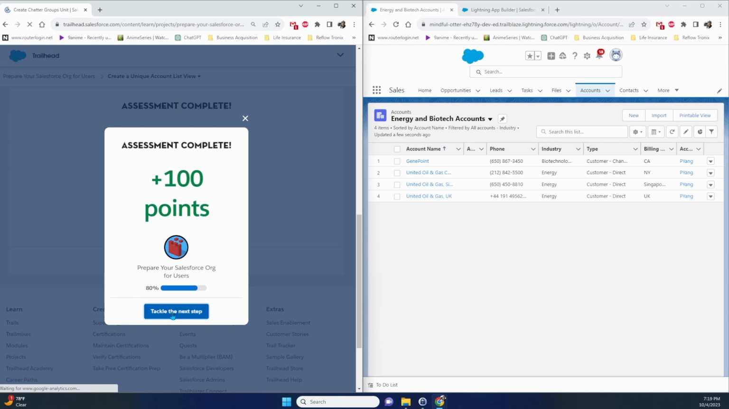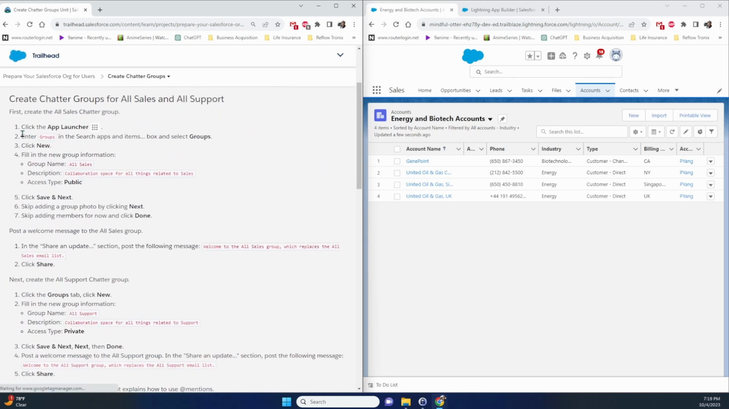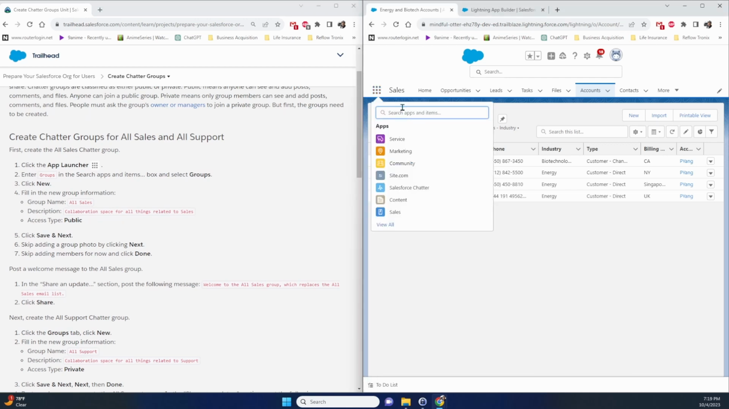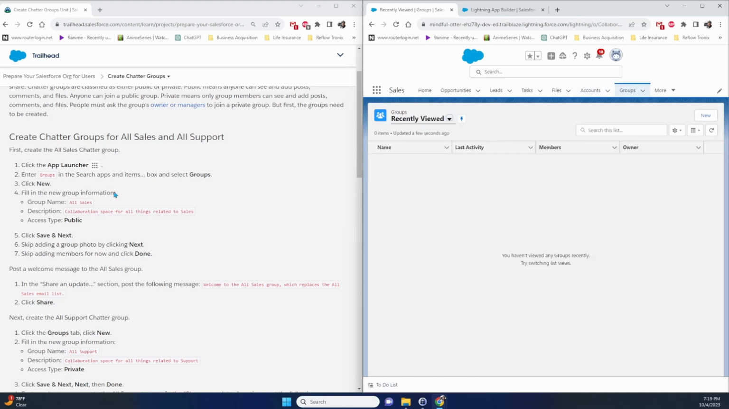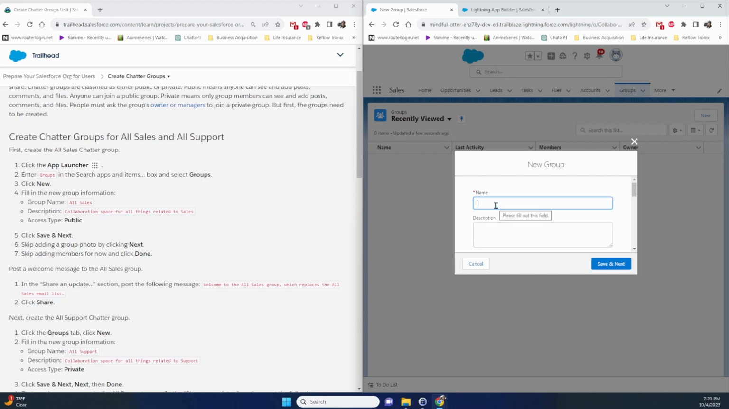All right, I think there's one more module, and then we'll end it for the day. Chatter group. All right. App launcher, and we're gonna say groups. Groups. Click new. All sales